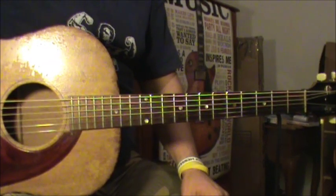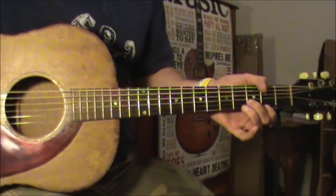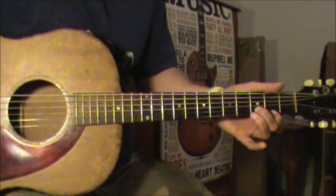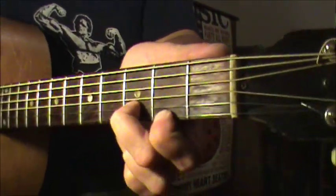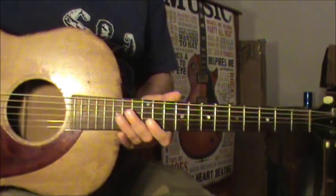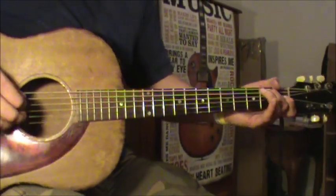At the end of the song, the only different chord is at the very end of the song. It's that little chord there. Finishes with